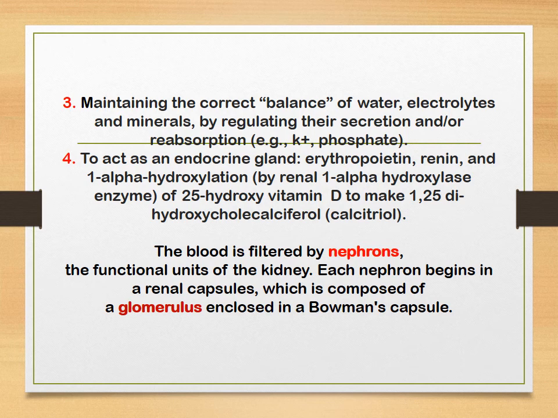The fourth function of the kidney is as an endocrine gland, synthesizing and secreting several important factors like erythropoietin, which is secreted from the kidney in response to hypoxia and is a potent stimulator of erythropoiesis in bone marrow, and so there is a relation between kidney failure and anemia when this factor is absent in the diseased kidney. Renin, which is a part of the renin-angiotensin-aldosterone system,